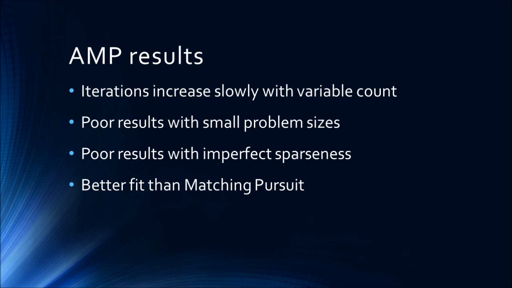However, when AMP does work well, so we start increasing the variables count size, say maybe like 2,000 variables, not only is it faster, I get a lot better fit than matching pursuit. And not just from the 3 times. I mean, it seems to really home in a lot better.